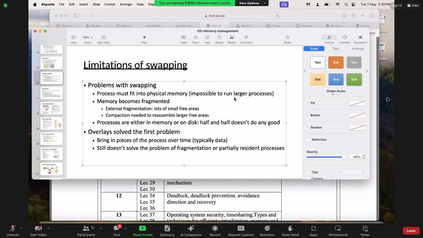Same again, very vague example, but you can just imagine. So the same goes with the larger process also. Till the time it finds the required set of memory, it will keep on waiting.